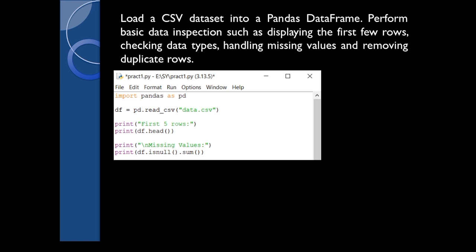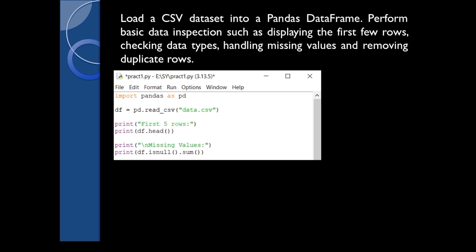Next, print \n missing values, which is going to print the text missing values, and \n adds a blank line before the text. Print df.isnull().sum().